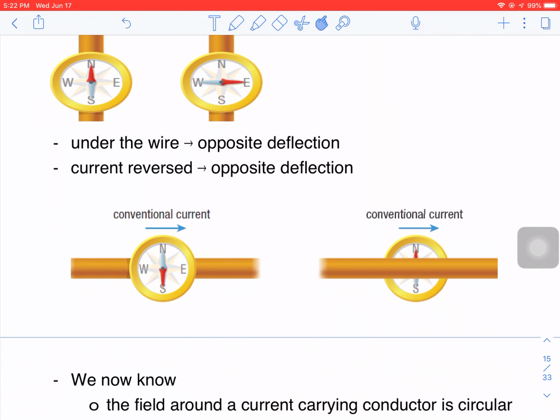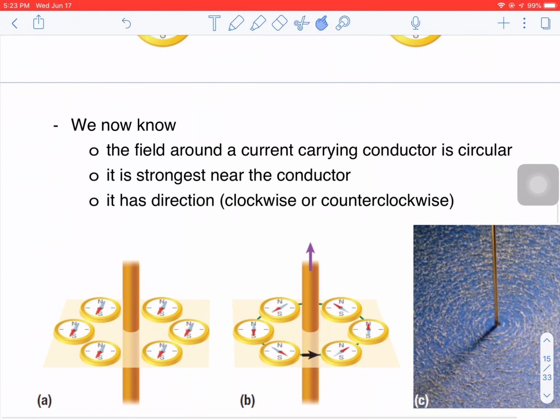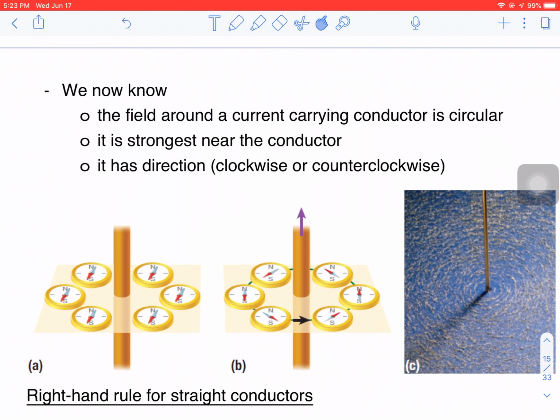He also took the wire that was perpendicular where the compass current is on, and the compass is pointing towards the south. If you took the same compass and just kind of slid it under the wire, it now points to the north. He said, I wonder why above it's south, and what if I turn it around so the wire is perpendicular, and I'm going to move the compass to different locations around that wire. Okay, if we have a look at what we see here, I can see that once the